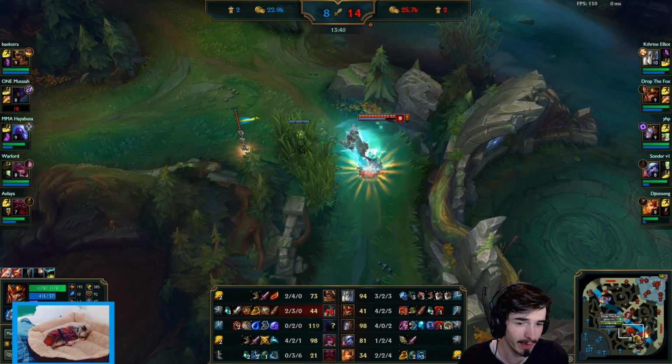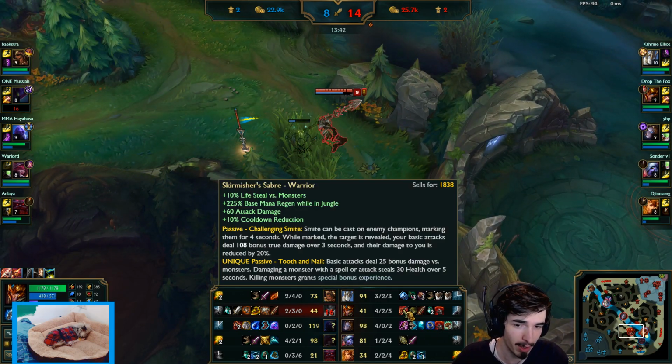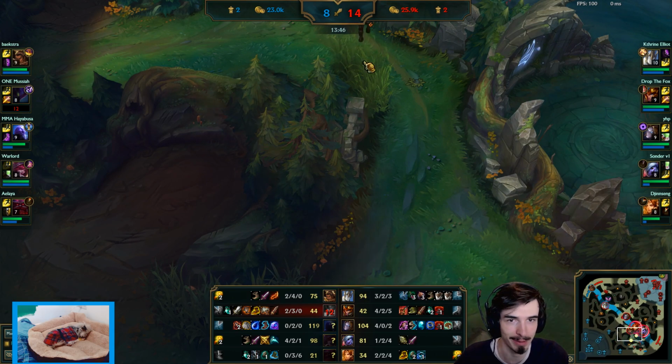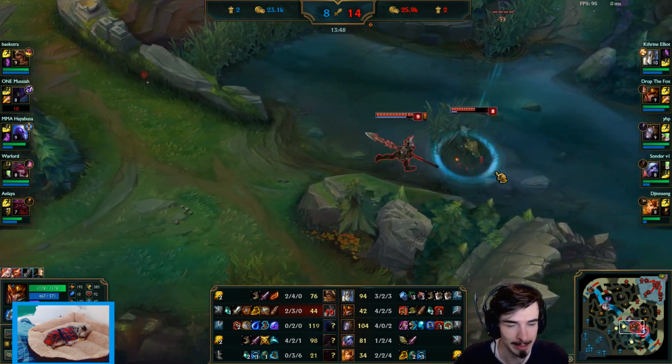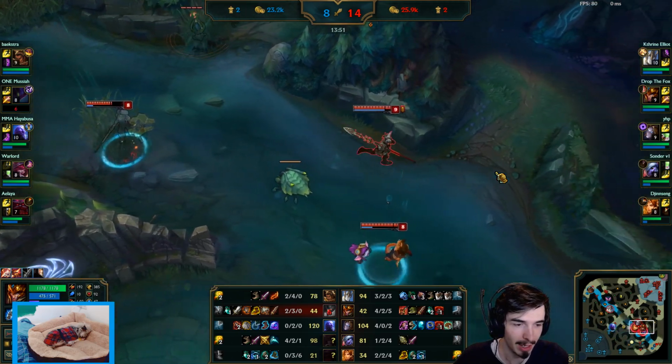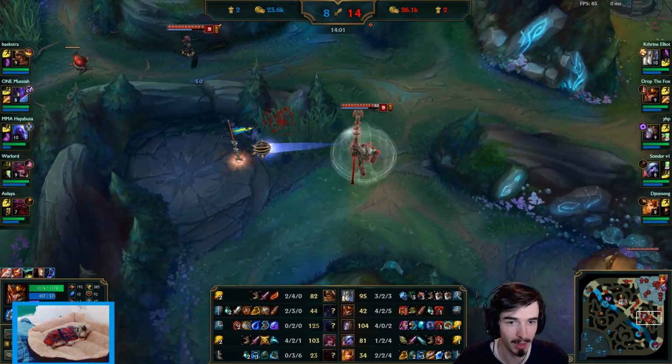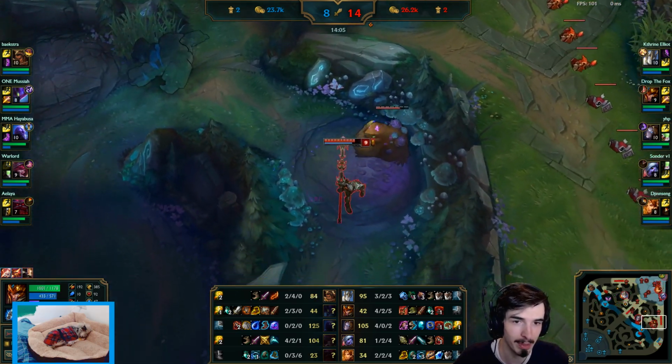Anyway, at this point I'm really fed, and I told you we're going for full AD. So my item build is Red Smite, Warrior Enchant, and then I'm going to go for the Duskblade. Yes, Duskblade, boys and girls. That is exactly what we're going for. And this means I can pretty much one-combo people with my Serrated Dirk. All my abilities do more damage, but...